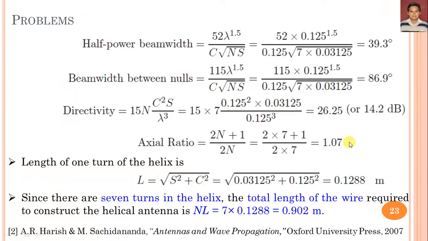So we can say that the axial ratio for this kind of antenna operated at 2.4 gigahertz has a value close to 1, and this is the criterion that we have discussed during the circular polarization analysis. So we can say that this antenna is operated in a circularly polarized mode, radiating a circularly polarized wave in free space. Further, we can calculate the length of one turn of the helix, as we have calculated in equation 1,